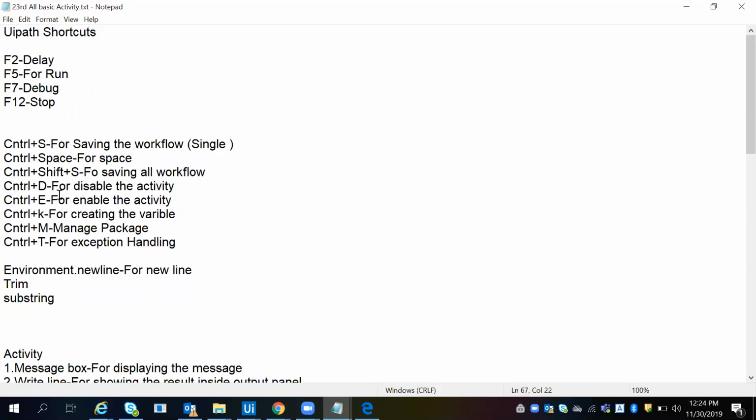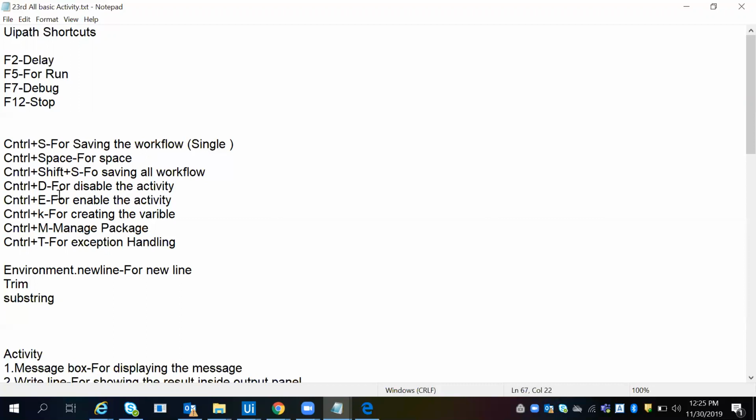So this type of activity you have to understand, all the things, and after that you can go further. You can see here Control S, Control Shift S, Control D. You have to remember all the things if you want to automate any features.